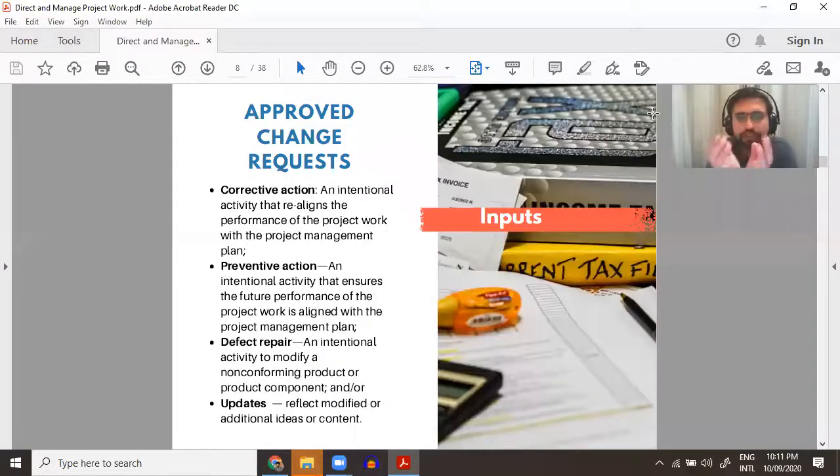Now, to explain the difference between preventive, corrective, and defect repair, take the example of a car. If you check the tires of your car for air, that the air pressure is okay, on a daily basis, you are doing a preventive action. You are preventing something bad from happening. If someday the air pressure is not okay, you go to the shop and get air inside it, and in this way your tire almost never gets punctured.